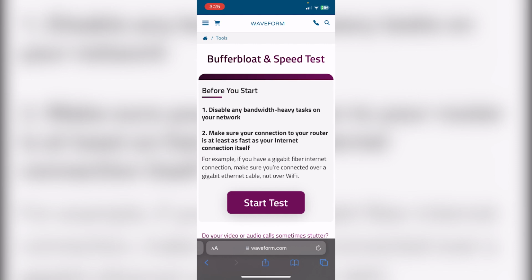Bufferbloat is one of the main causes for lag on most cloud streaming services, as it can cause spikes in your internet's latency when another device is downloading files or uploading them. I will be leaving a link to some routers that can reduce bufferbloat, so you can check that out